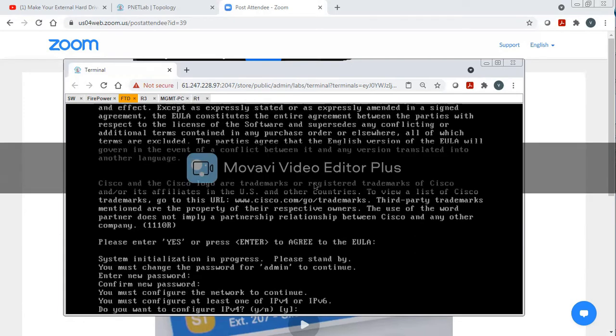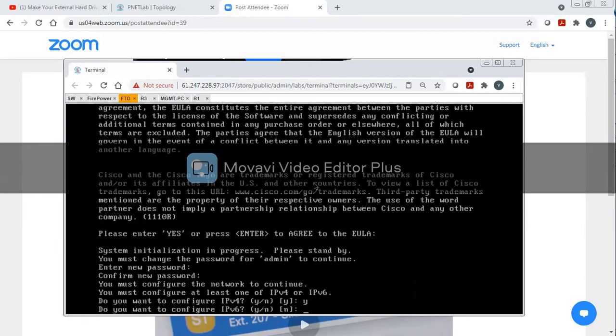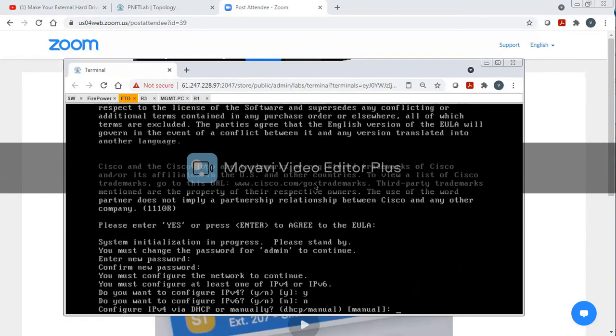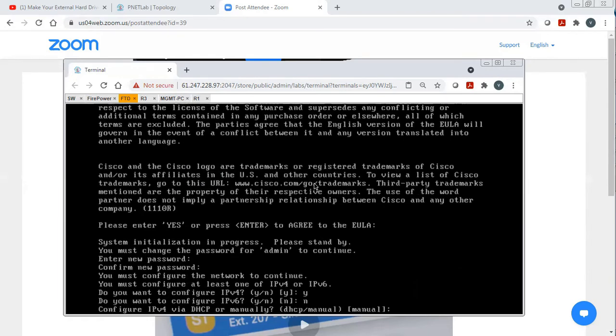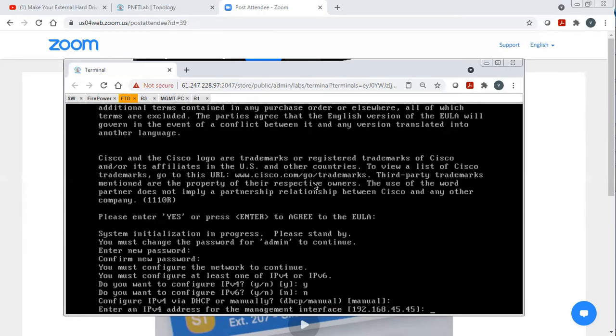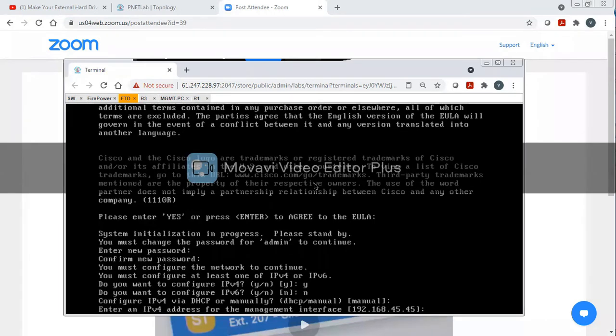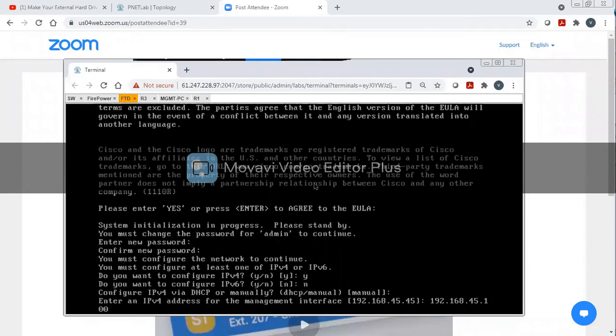Do you want to configure IPv4? Yes. No for IPv6 for now. I would like to keep it on a manual IP configuration mode. This is an IP address for the management interface only. I'm going to keep it at 100.